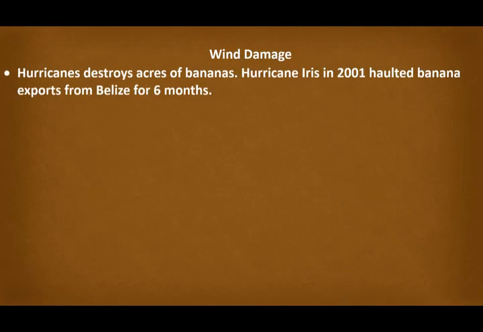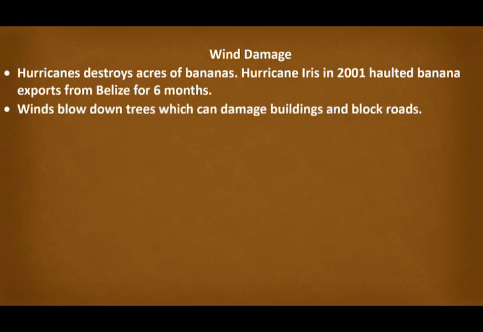So what I'm trying to point out here is that the most destructive threat or element of the hurricane is its wind. And hurricanes create a lot of wind damage. That's the first threat of the hurricane we're going to look at, the wind damage. Winds can destroy crops and may put a halt to an industry, whether that is banana, sugarcane, or citrus, whatever crop. It will just put a stop to that industry for quite a while because of damages sustained by the trees or by the crops as a result of winds.